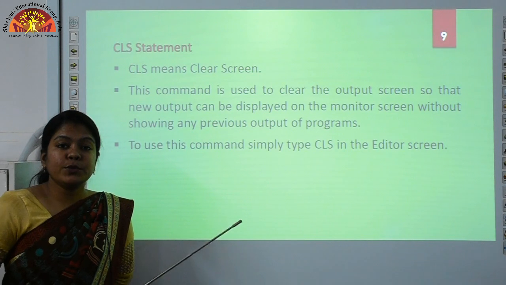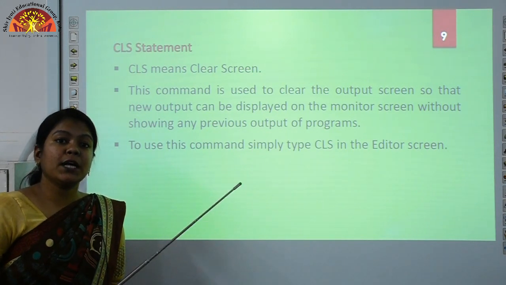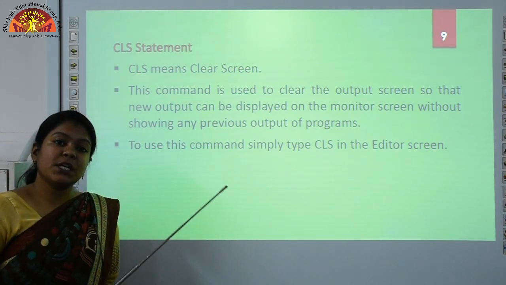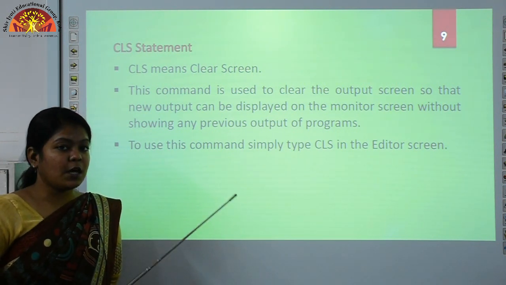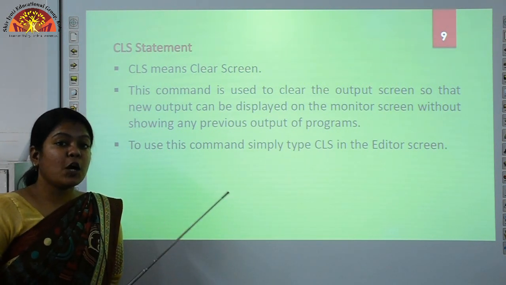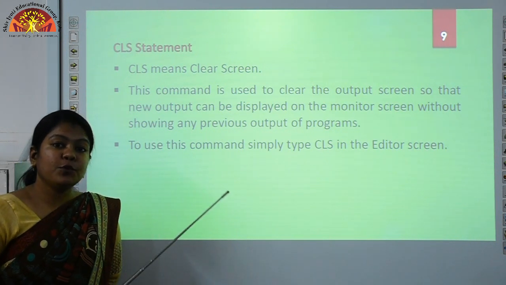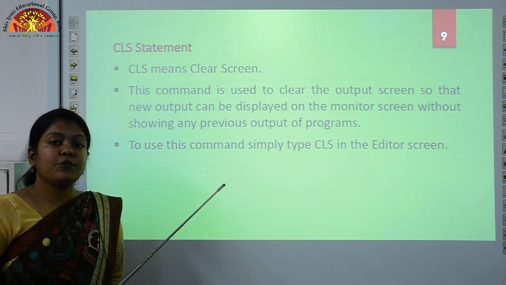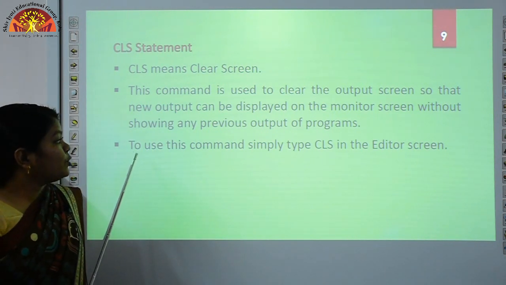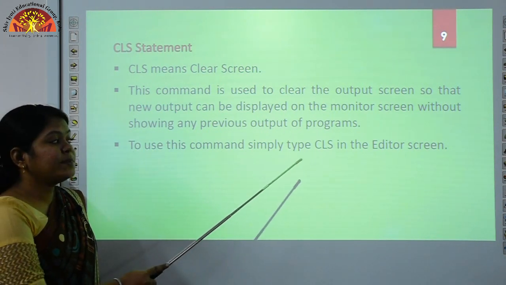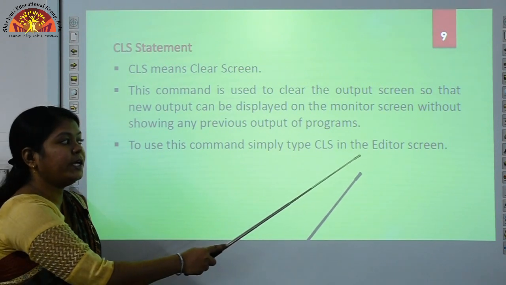Students, if you want to see the output of only the current program, then we have to use the CLS command to clear the output screen of the previous output. So all your previous outputs will be removed or cleared from the output screen. Okay. Next, to use this command, simply type CLS in the editor screen.